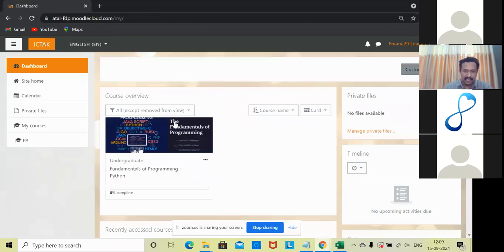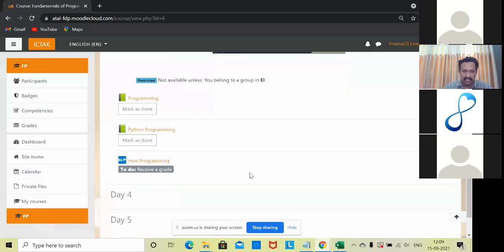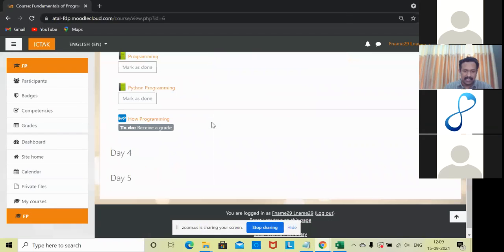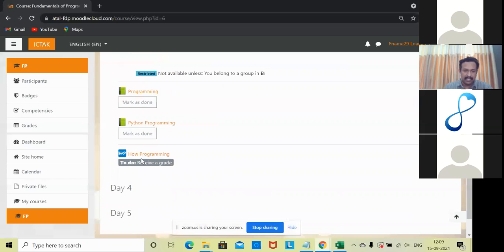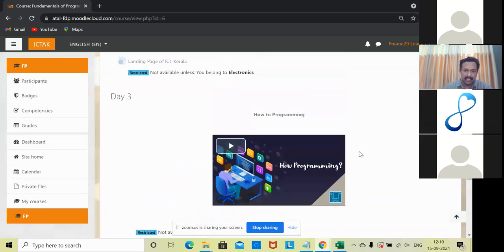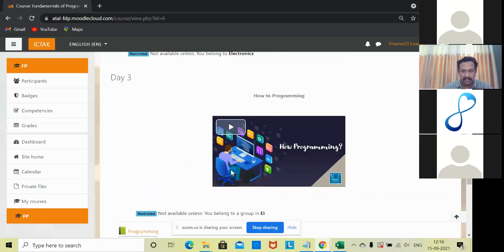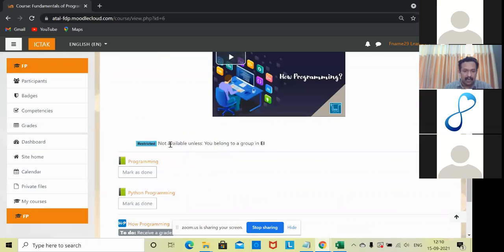You can see that this is the course which is enrolled to me. Then you can see day 3, how-to programming ICT. It says not available unless you belong to group 1.